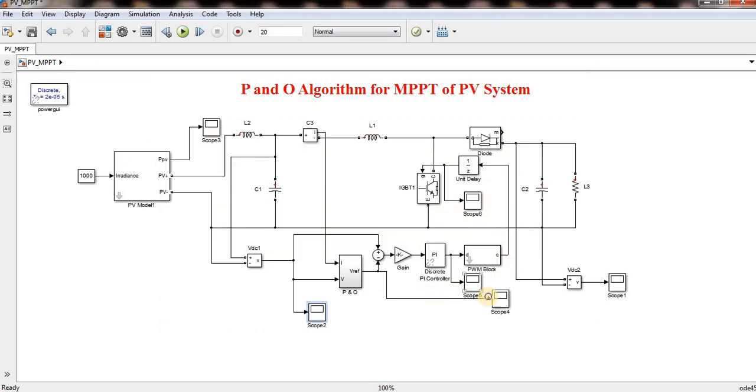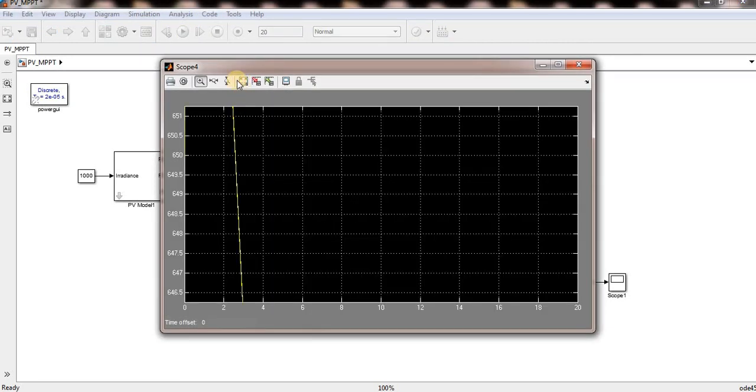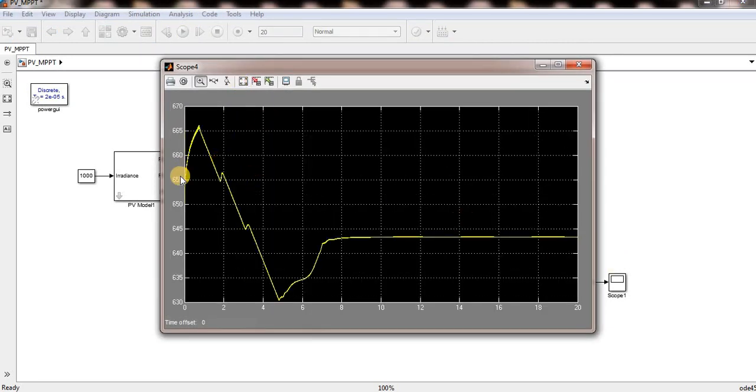So this is my V reference. This should be equal to my V reference. See, it is taking some time to find the V reference. You can reduce this time by adjusting the proper step voltage and proper inductor and capacitor and all values, proper PI gains also. We can adjust this time period. I have taken random values because I want to show only the steady state responses.